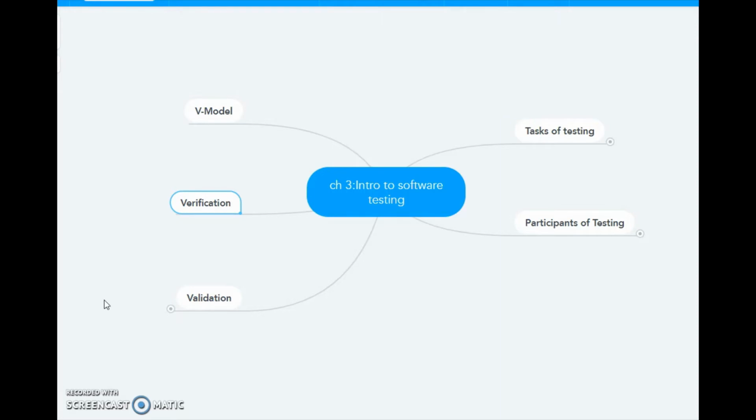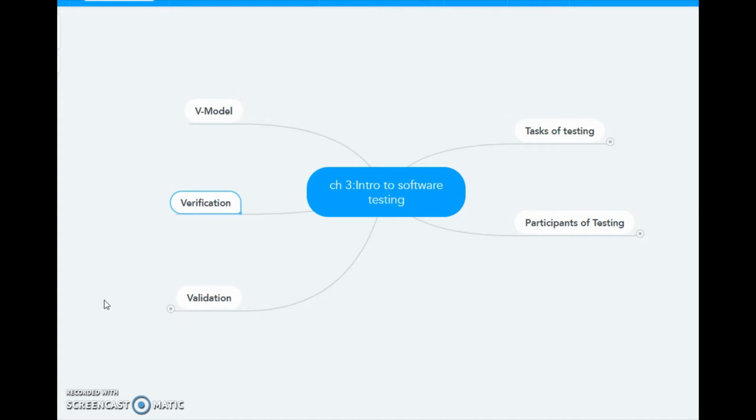Now as the software development goes through different phases, it is necessary to ensure that the delivery of each phase is as per the specifications. What does delivery mean? The deliverables of each and every phase have to be according to certain required specifications.